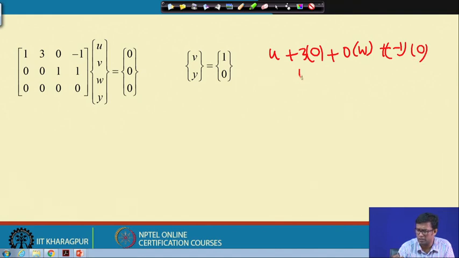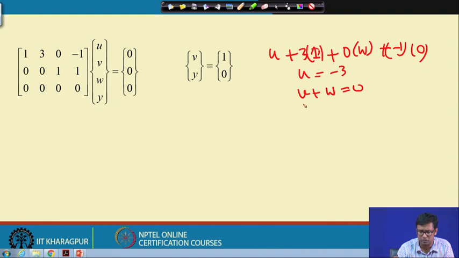So, this is u plus 3 v minus 0 into w minus 1 into 0. So, u is equal to minus 3, and the next equation will be v plus w is equal to 0,